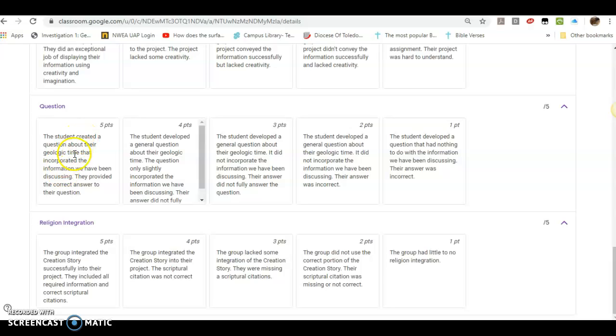So by the information we've been using, that's your geology notes so far. That's the geologic time scale, uniformitarianism, catastrophism, constructive processes, destructive processes. So you have to look at your time period scrapbook and develop one question per group member about your time. Something that students would have to think about a little bit and actually look through your slideshow to find the answer to. So to do this, you're going to take your slideshow,